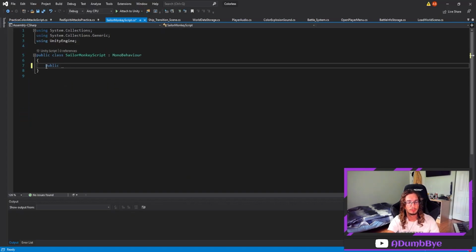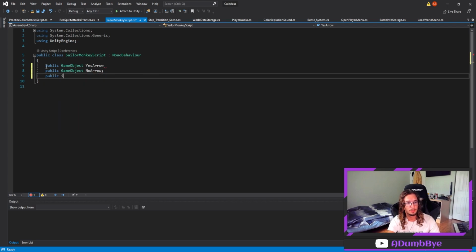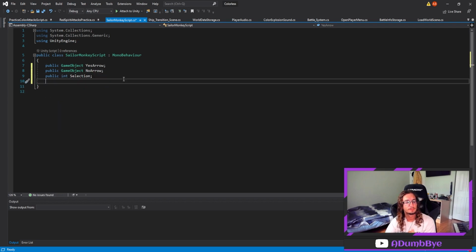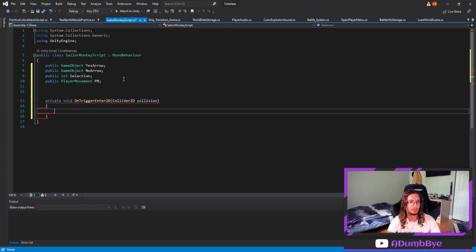Now we could actually start doing Sailor Monkey script, and this one is going to be a very simple one. First of all, we need the public game object of the yes arrow, and the public game object of the no arrow, and then a public int selection. We need to know movement of the player, because we need to stop interactions happening when we are inside of the trigger, and then we'll just call it PM. So now on trigger enter 2D,